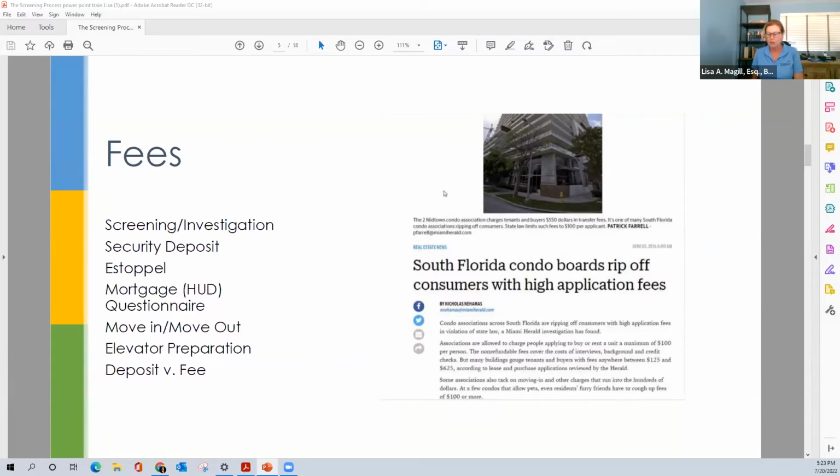Well, charging the fee that is permissible by statute would not be considered a statutory violation, but you're contractually bound by your own governing document. So if you have some artificially low fee, just like when it comes to late fees, by statute can be up to $25 per month or 5% of the amount of the delinquent installment. I regularly see governing documents that allow for a $10 late fee, $15 late fee, or some other amount. You're constrained by those governing documents, and that's a perfect opportunity for you to make some changes to come into current day requirements.